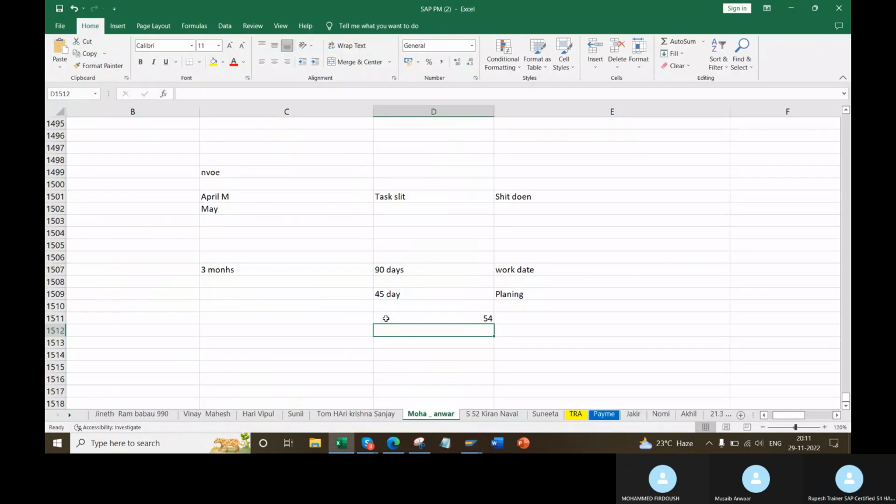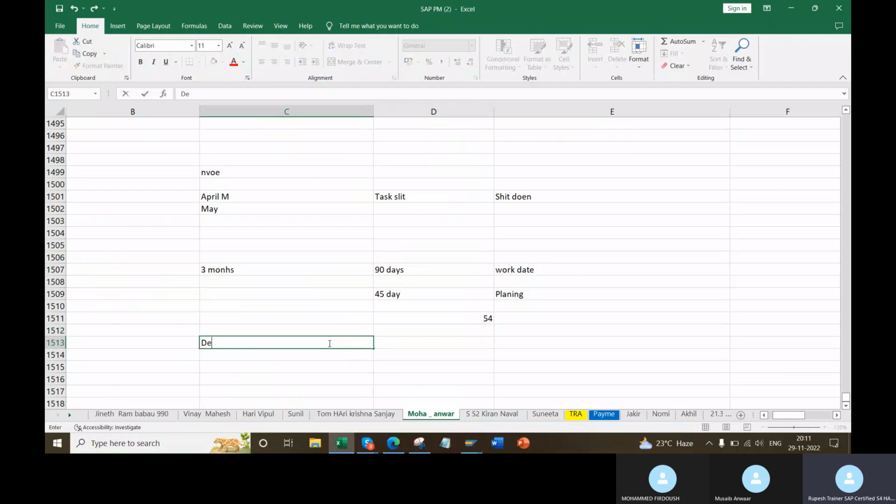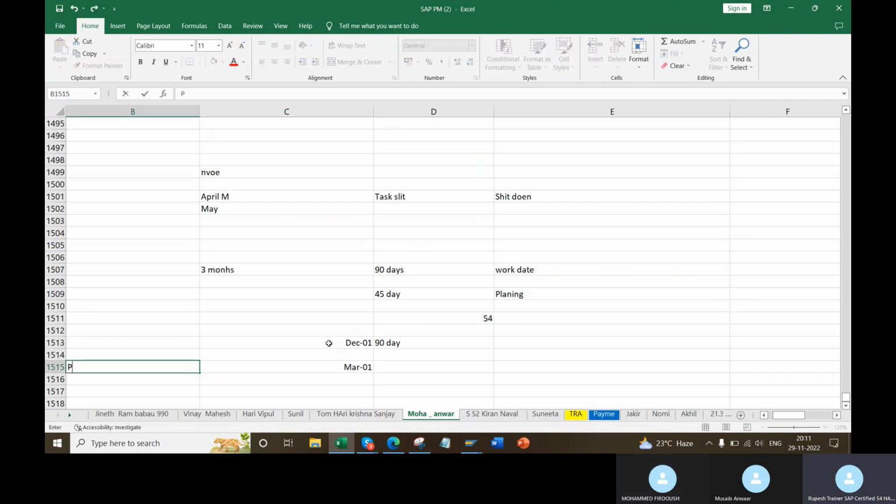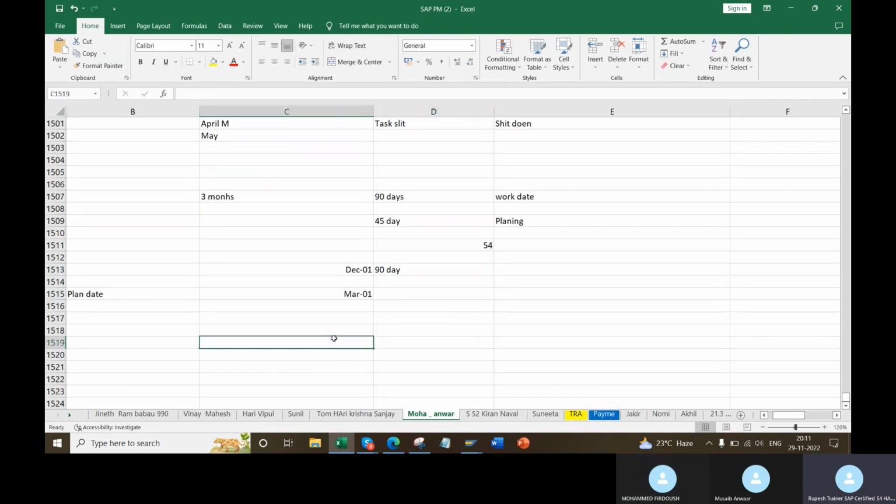See here, my date I put December 1st, right? Yes. So 90 day cycle. My plan date will be January, February, March 1st. This is my plan date. There is no change in this. This will not change. Okay. Now days is 90 days. If I put 50% call horizon, my work order generation date will be January 15.